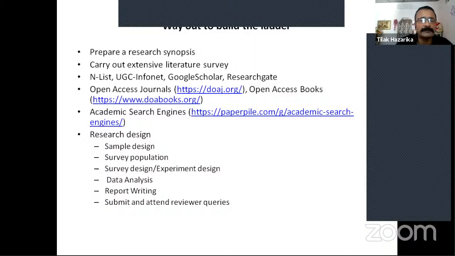So developing a basic understanding of research design, sample design, survey population design, data analysis and report writing is the most important part, I think, and it needs to be introduced at the college level. Otherwise they find it very complex when they move directly to research design, particularly at the PG level as well as the MPhil and PhD level. So we as teachers in colleges and universities, more particularly in the colleges,